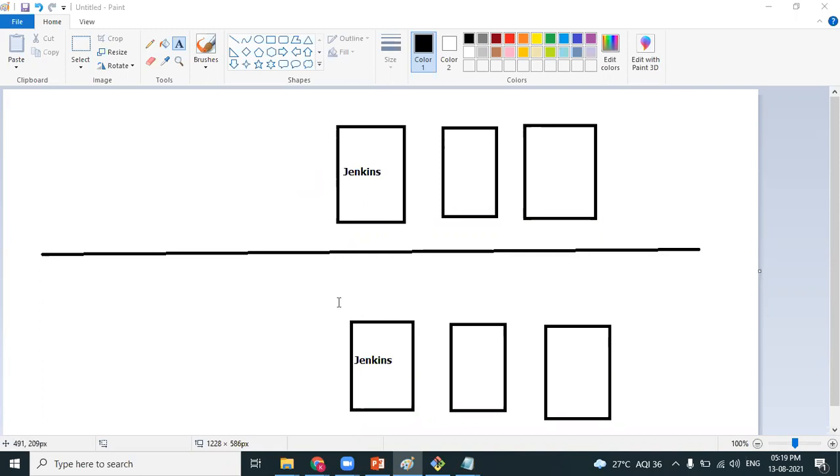Okay, can you hear me? Yes, I can hear you. Regarding authentication of users, can we use any third-party authentication? No, Jenkins is not supporting any third-party user authentication as of now, unlike AWS.